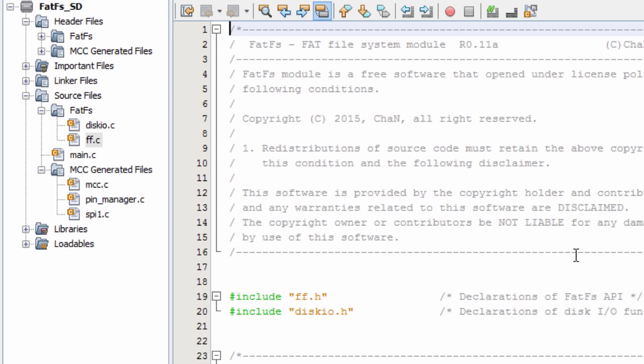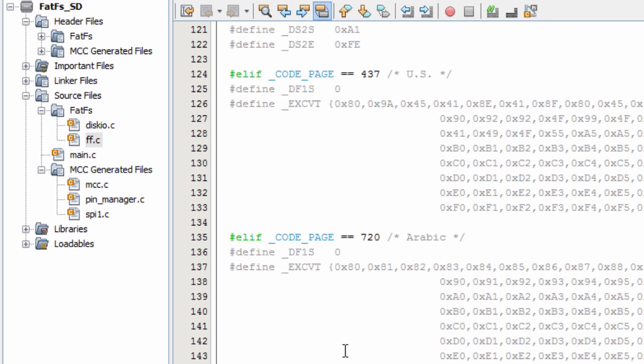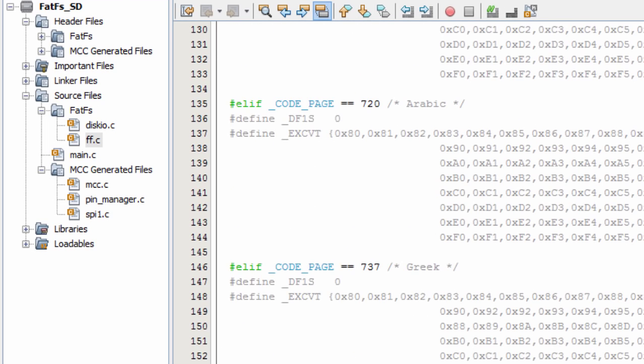We didn't change anything. It's basically the same as we downloaded it.